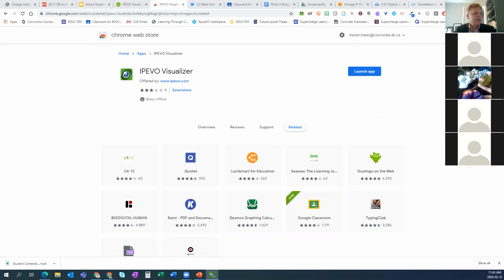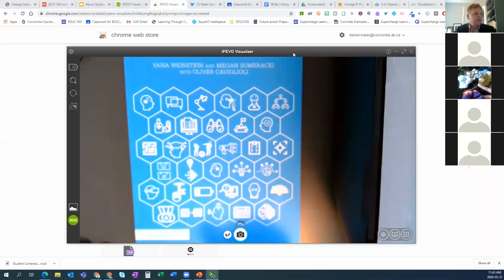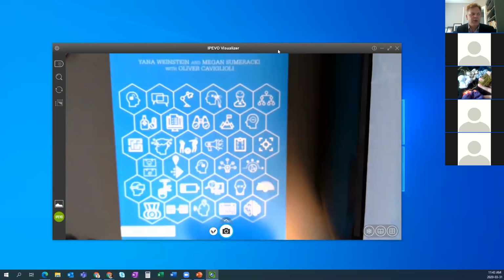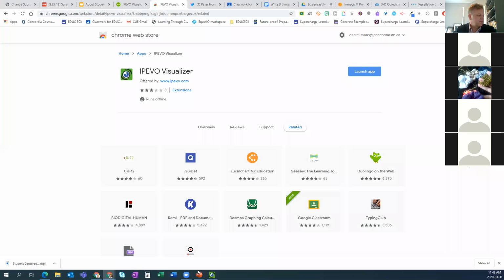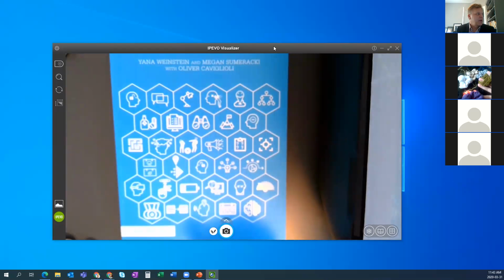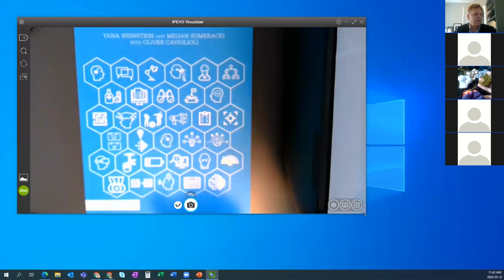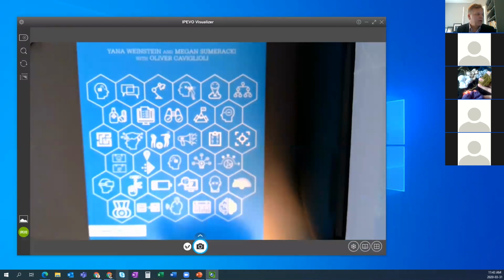All right. So basically what this app does is, right through this little app that you install right in your Chrome browser, whoops, I got rid of all the rest of my stuff. Actually, why do I need that? I may as well just keep this here. So I can just keep my IPEVO, I can get my document camera on there. And now with my Chrome browser,